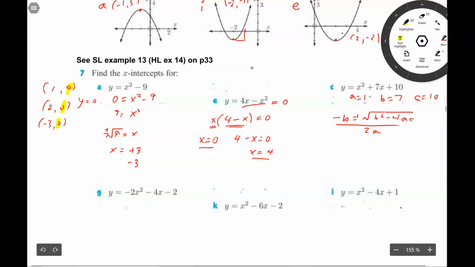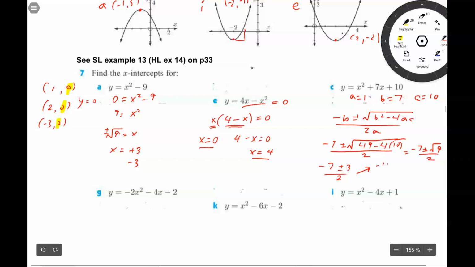Okay, so let's put negative 7 plus or minus the square root of 49 minus 4 times 1 times 10 divided by 2. So that gives me negative 7 plus or minus the square root of 49 minus 40, which is the square root of 9, divided by 2. So that would be negative 7 plus or minus 3 divided by 2, which is equal to negative 7 minus